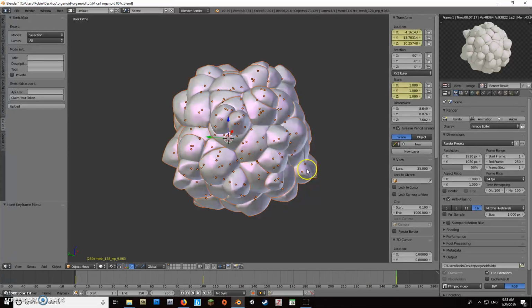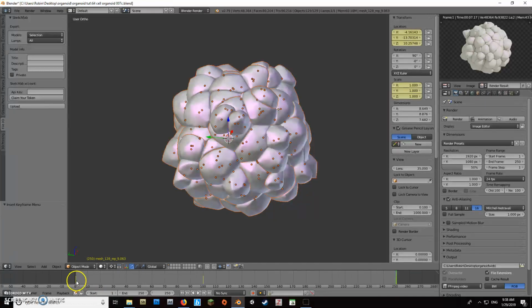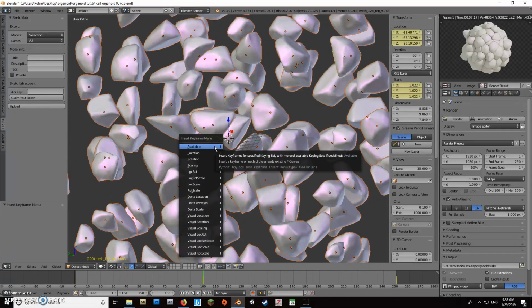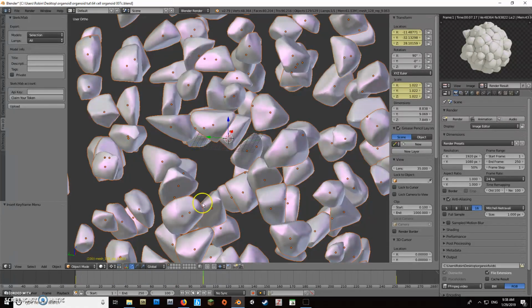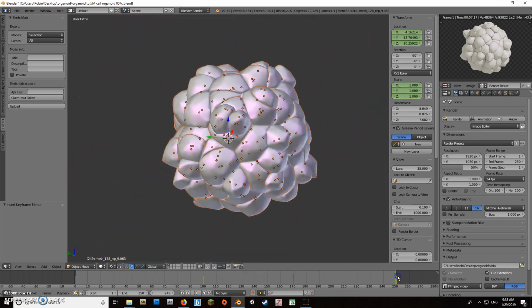Then we'll go to the last frame, set that as our last frame, and then in this middle frame, it's already been done for us. We'll hit I and key that one. So now when we play the animation, you get the explosion and the shrink back,